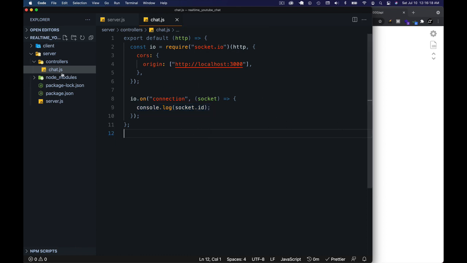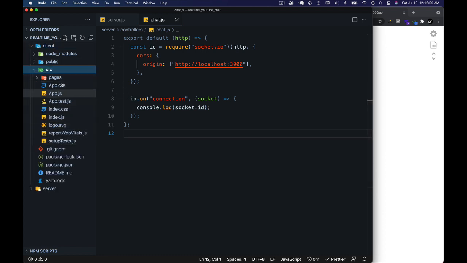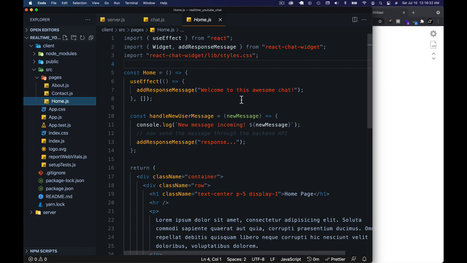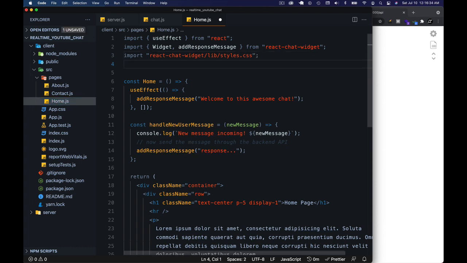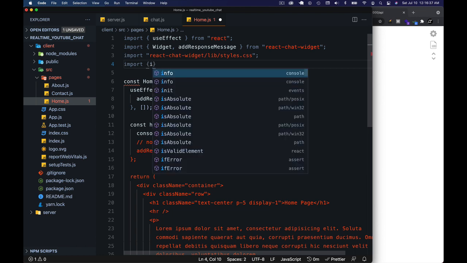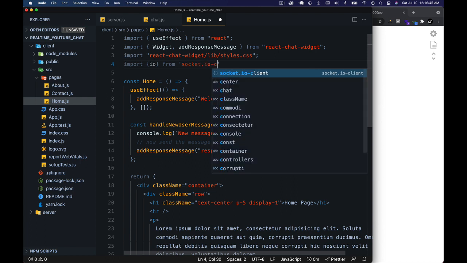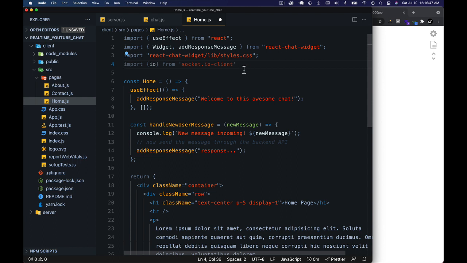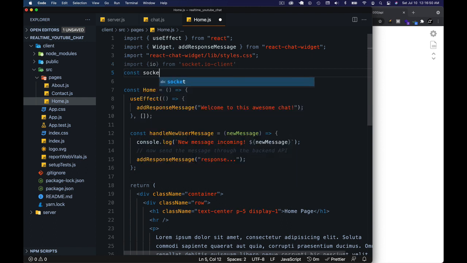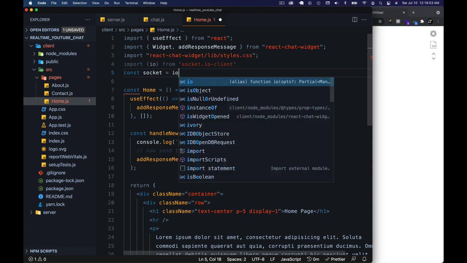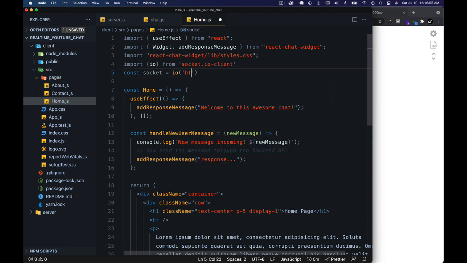Let's head over to our React app and try to establish a connection to our server. All right, so let's go to home, and we have already installed that package. So let me just import, destructure the IO from socket IO dash client. Okay, so we import that, and let's put it in a variable socket as well, which is going to be IO, and we need to give the URL here,